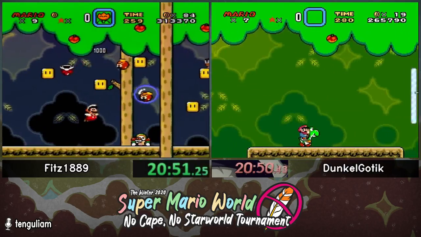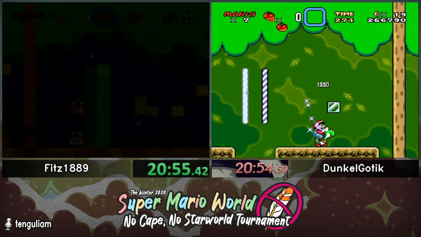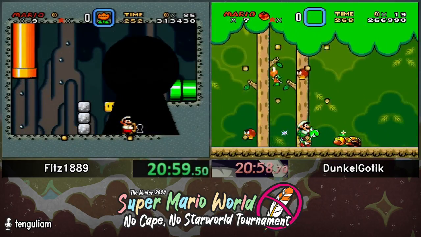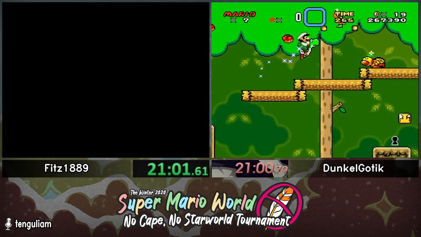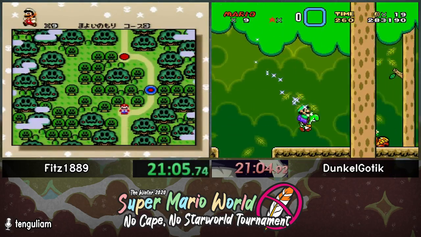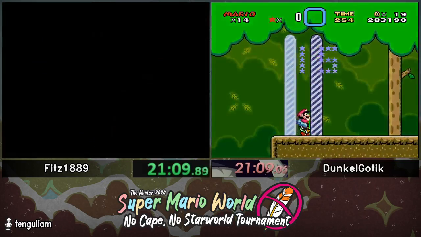So Dunkel going through Forest Evolution 1, where he will hopefully be grabbing a backup flower and not the cape. Oh, going for a star. Grab some extra lives, fair enough. But you will be seeing Dunkel go for Yoshi clip again, and hopefully you'll be able to see a lot clearer than last time because I was talking through the middle of it, so...